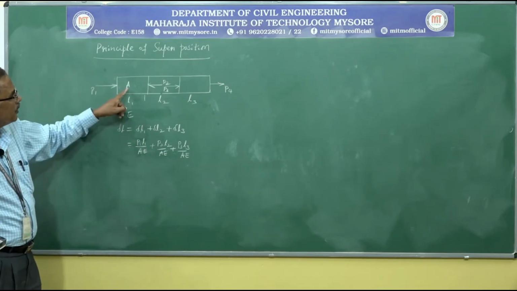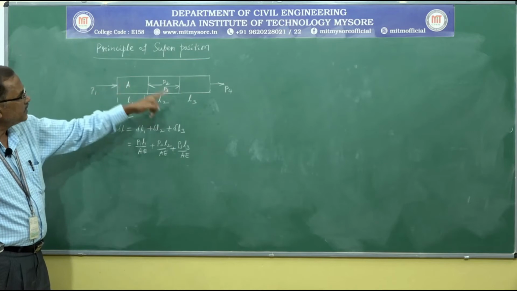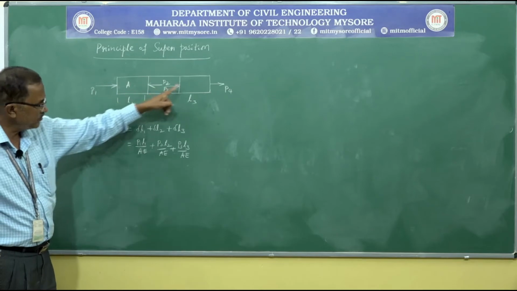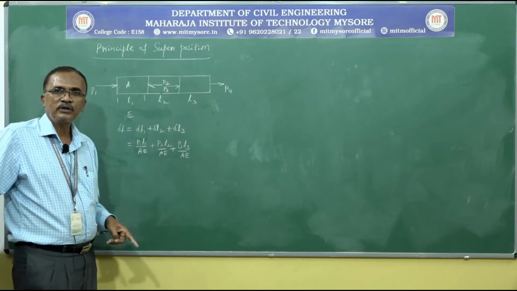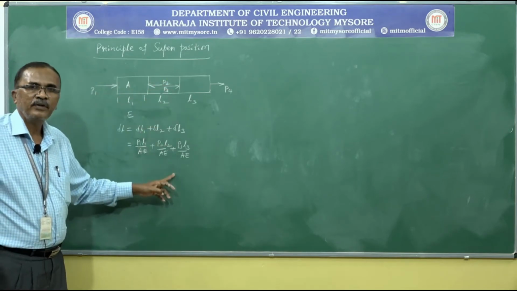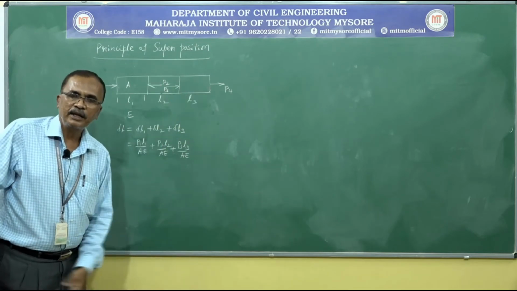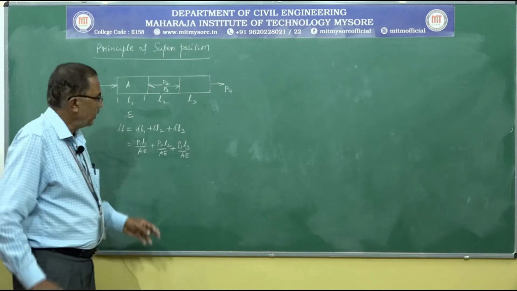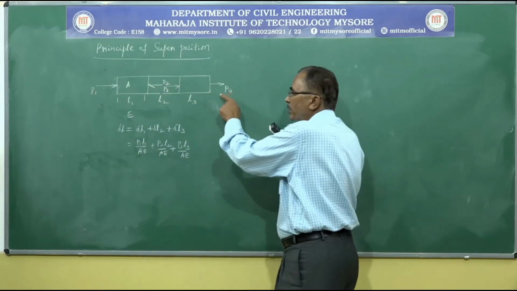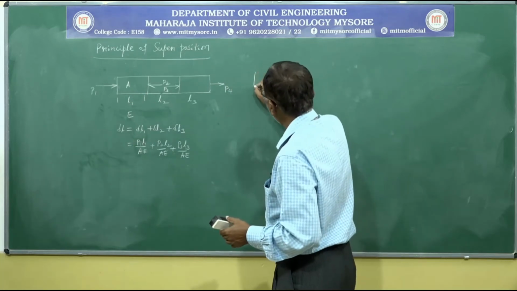Similarly, we can also obtain stress in each individual portion. After balancing the load acting on the individual portions, we can calculate stress. Say F1, F2 and F3 are the stresses in these three portions. F1 is equal to P1 divided by A1 or A, F2 is equal to P2 divided by the cross-sectional area and F3 is equal to P3 divided by the cross-sectional area. Here the given bar has a uniform cross-sectional area. We can also sometimes come across a bar of varying cross section like this.